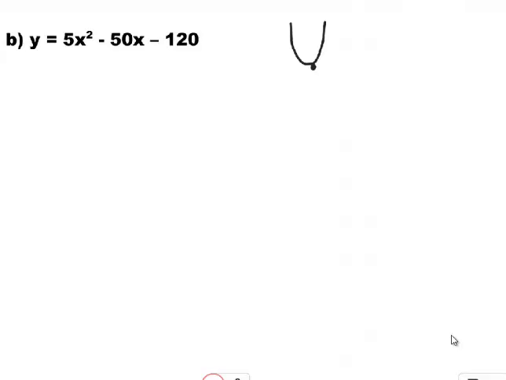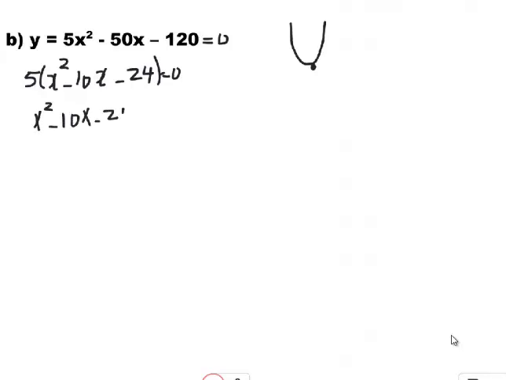Now, to find the zeros, I have to make this one equal to 0. I can take the common factor 5 out. I get 5 open bracket x squared minus 10x minus 24 equal to 0. 5 can't be 0, so this means x squared minus 10x minus 24 has to be 0. There is no common factor, and the leading coefficient is 1, so we are going to try the sum and product